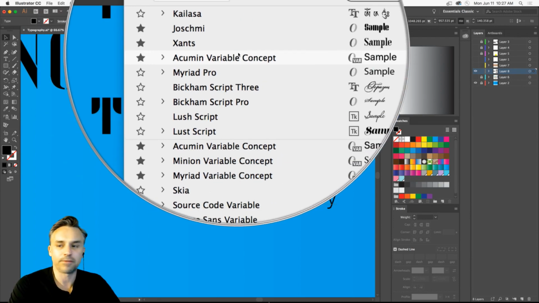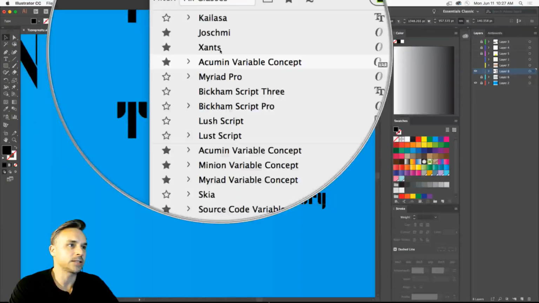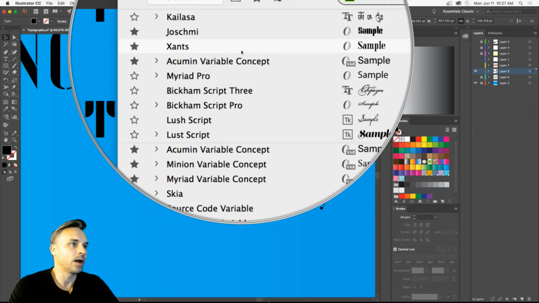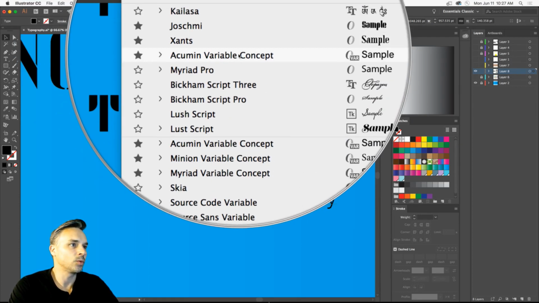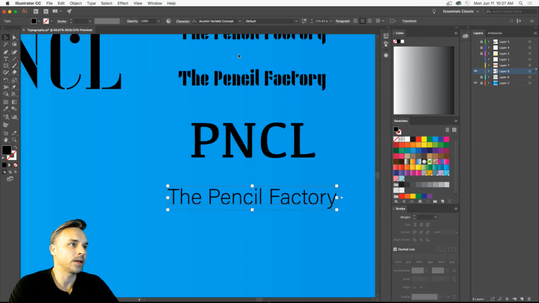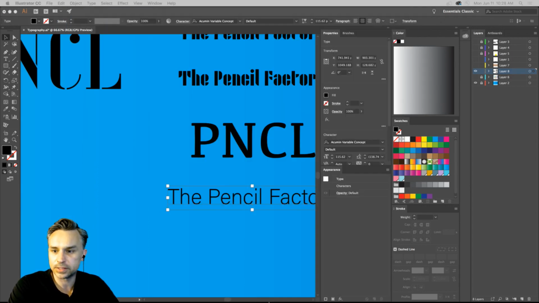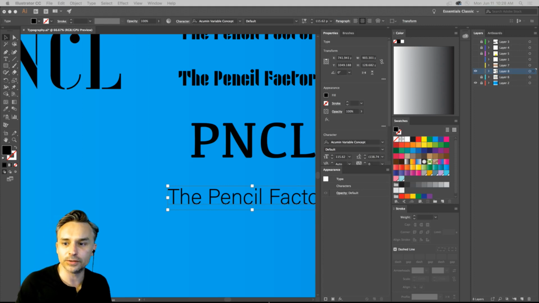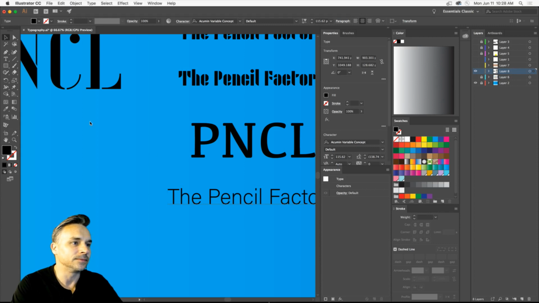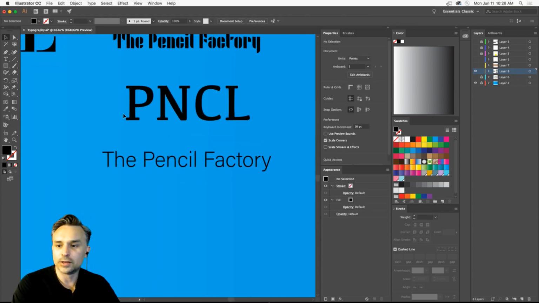So they're always gonna be at the top of my list, but I wanna pair Xantz with another font. I might pick an Acumen variable concept font. I love this. Are you aware of this, Mike? Oh, Futura. Oh, you guys are good. Futura. I love Futura. I really do. Futura might be a good one. You have your go-tos. Arial has a go-to. Din. Oh, see? Good.